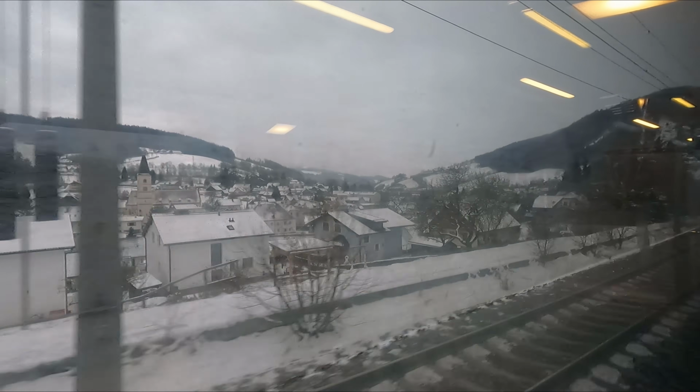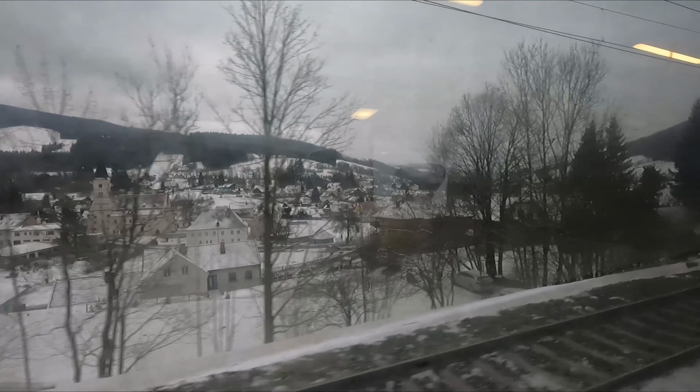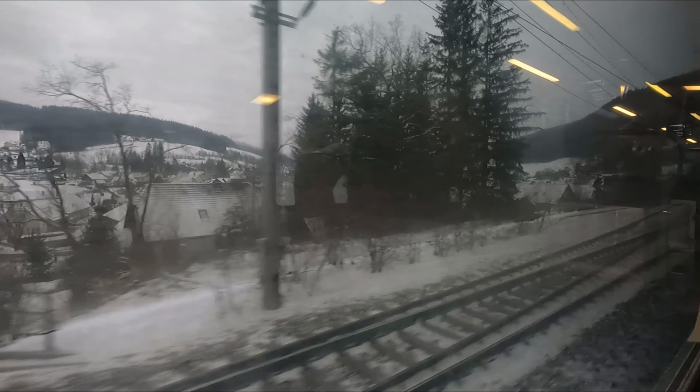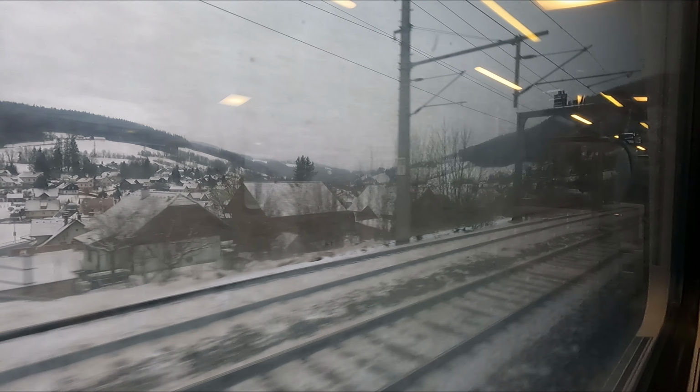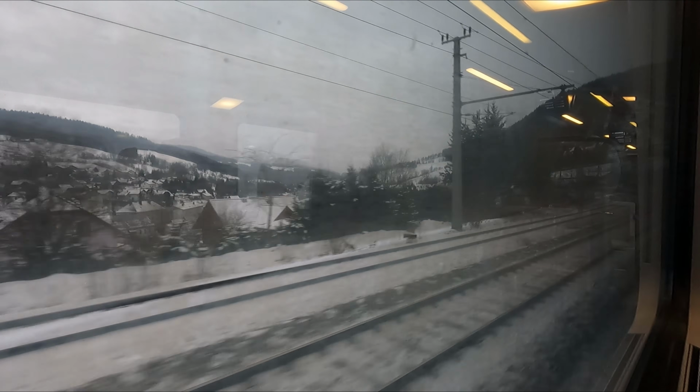Umsteigen und wünsche noch einen schönen Tag. Auf Wiedersehen. Ladies and gentlemen, in a few minutes we will arrive. Our next stop, Mürzzuschlag. For any further connections, please...